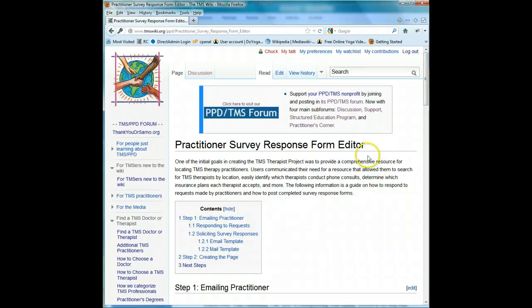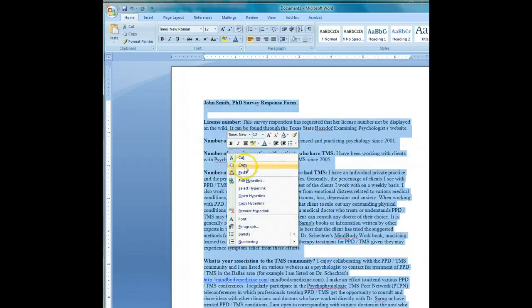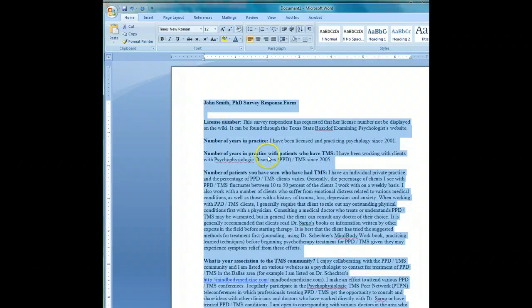But I'm just going to do a quick walkthrough on how to do this as well. So let's suppose that John Smith, PhD, sent in the survey response form. I actually kind of stole the text from, I believe, John Abarda's survey response form, but I just want to simply show you how to do it. So the first step is to copy the text that John Smith sent,